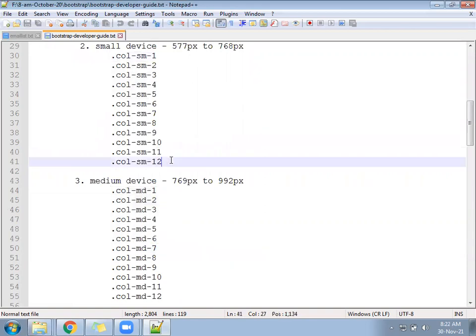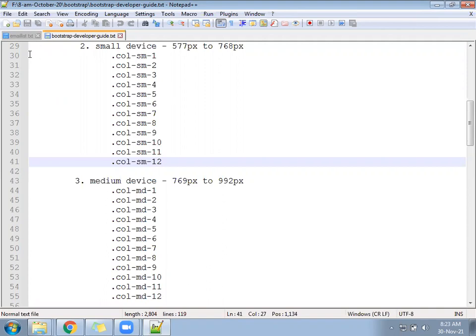Okay, so you create a file called gridsystem.html. Create the file gridsystem.html in which folder?